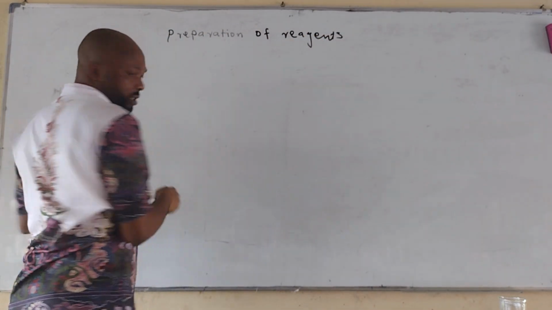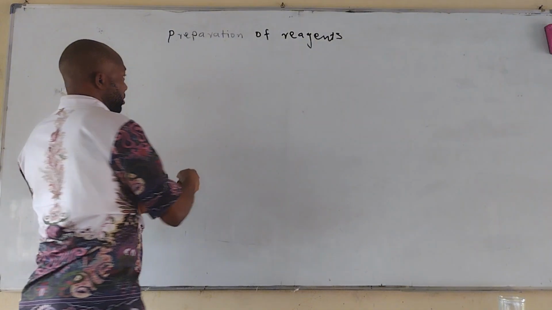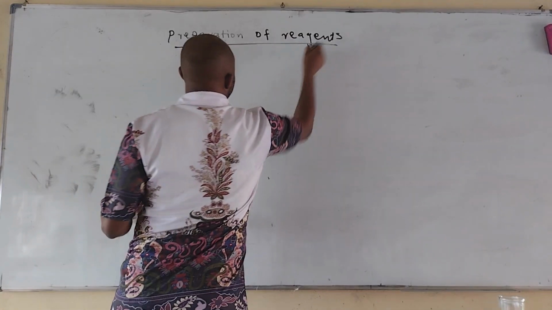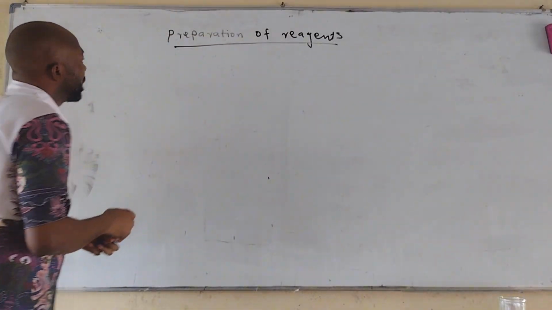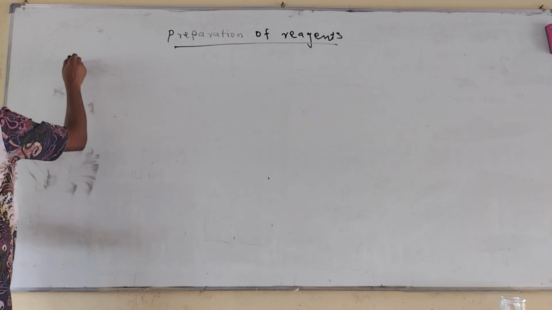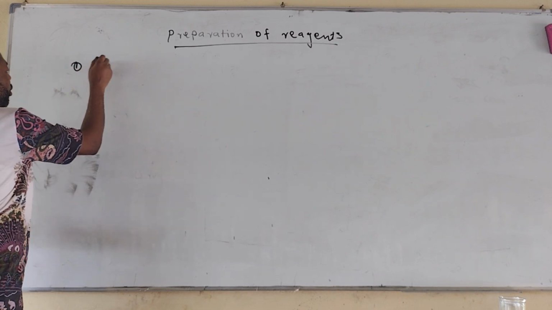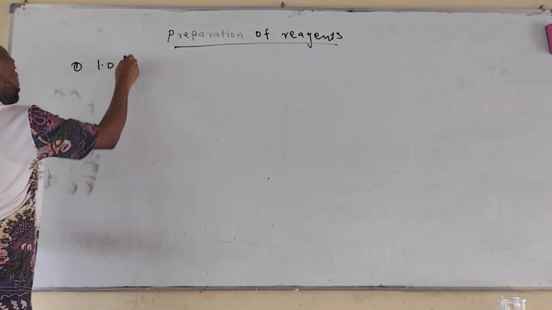Preparation of reagents. Our first question here says we are preparing 1.0 mole per dm cube